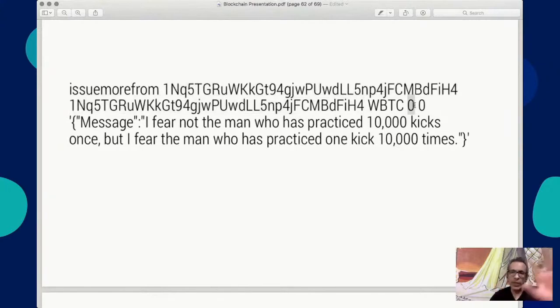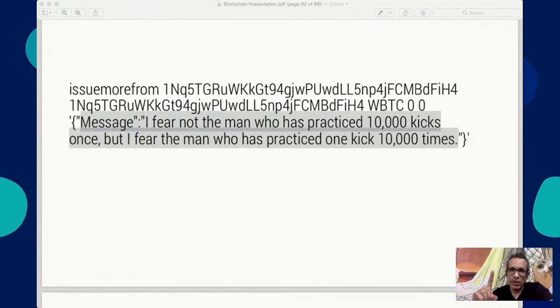So you're not actually issuing any currency, but you are embedding a message. So it is possible for someone to simply put a message into the blockchain. And that is one more reason why you should have a transaction fee, because if you don't have a transaction fee, people can just start bombarding your blockchain with millions of data messages.